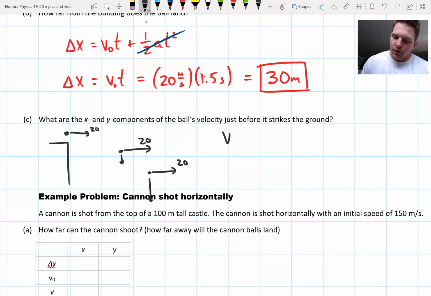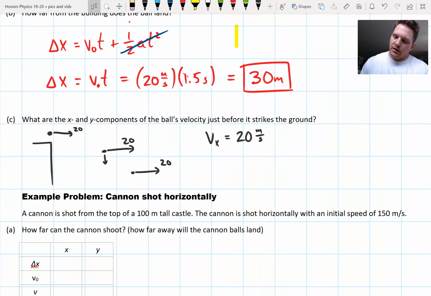The x component right away is 20 meters per second. That never changes for a projectile. What we need to do is figure out what the y component is. What is this downward arrow and how big is it? So we're looking for the y velocity when it reaches the ground. Okay. Well, if I want to find a final velocity, probably the easiest way for us to go about that is our equation